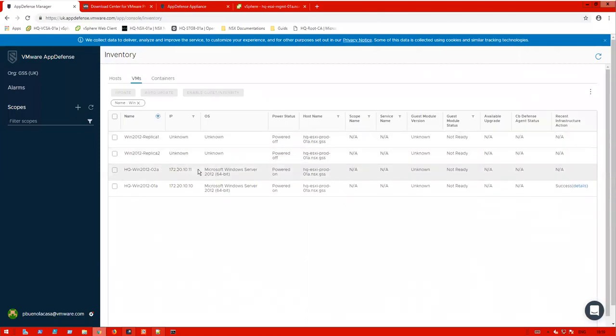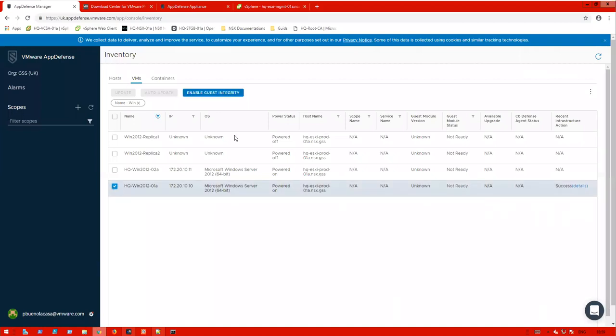There we go. We have the one HQ Win. This is the first guy. And if I select this, I can enable guest integrity. Bear in mind that we need always to enable guest integrity first, and this action will cause a power cycle,